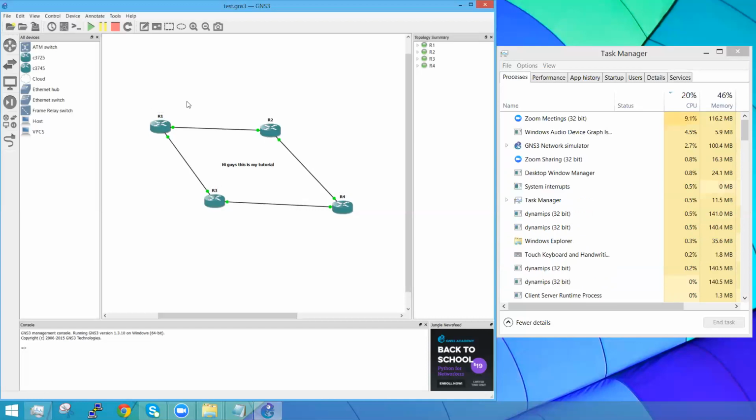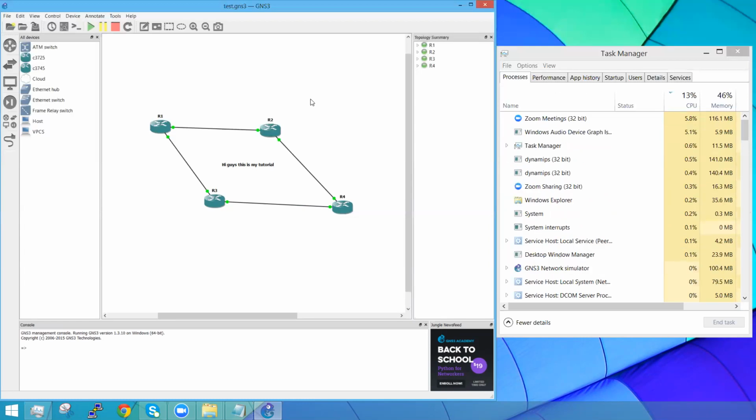So please, guys, try this one at home on your laptops. Try to have at least laptops with core i3, something like that. Okay, i5, i7 is the best. i3 should be fine, but if you want to try on Celeron, it's okay, but try only 4 or 5 routers. You try small basic labs, and even with 5 routers you can do the big labs also. So it should be fine. The more you tweak, the less memory and processor usage. And at least you need to have 4 to 8 GB